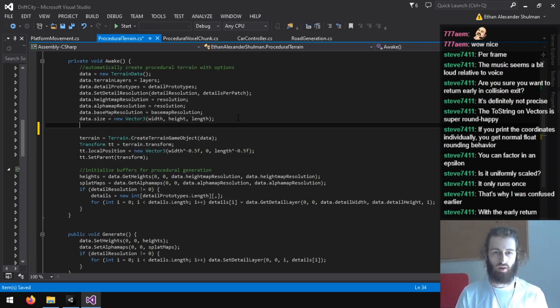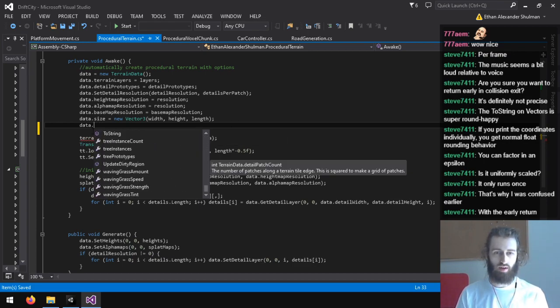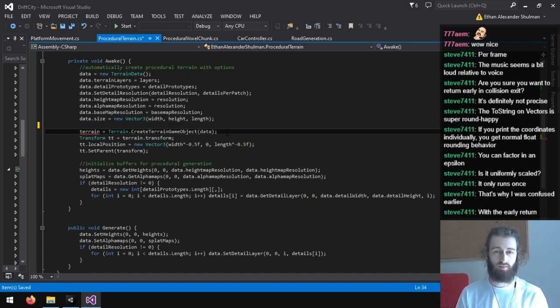Is it under terrain data? No, I guess it's not under terrain data.